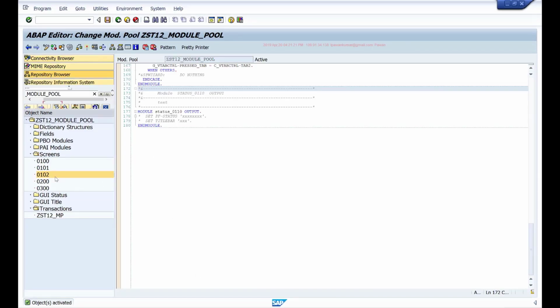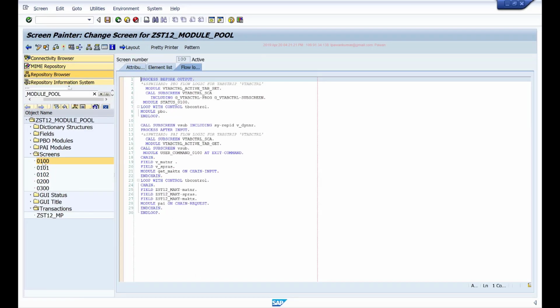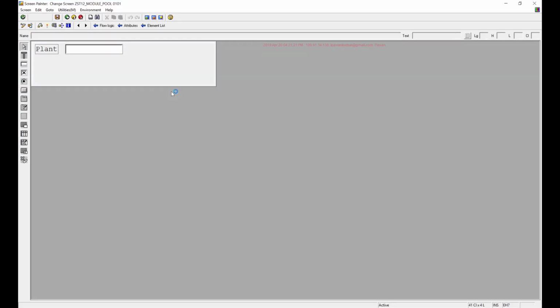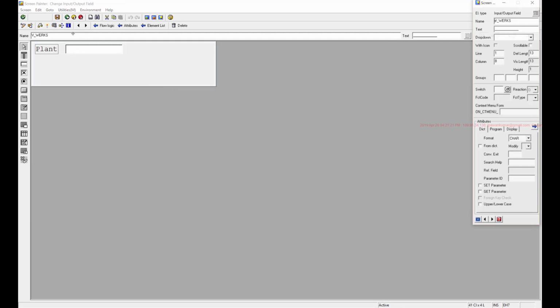one way of doing it is, if you want to statically maintain them, for example, if I want to make it input enabled or disabled statically, I can double click on this field, and under these options, I can change the attributes to make it mandatory field or output field or input field. So this is static way of doing it. So when you maintain it here in the screen field attributes, that is permanent. It will always behave that way. But sometimes you may want to dynamically handle this.